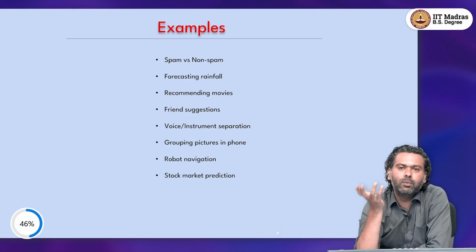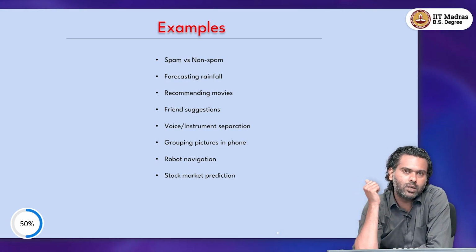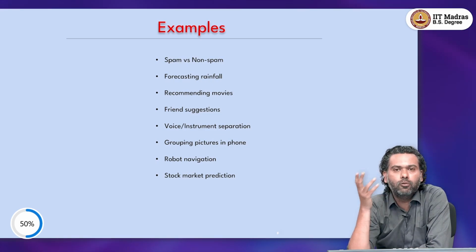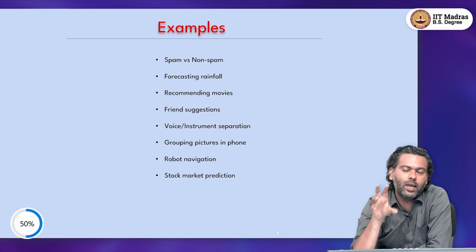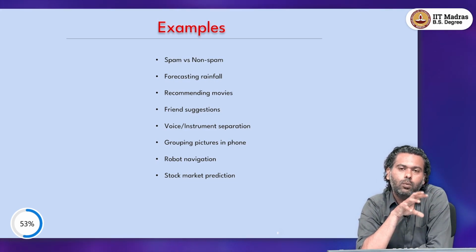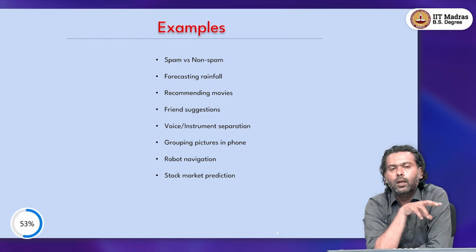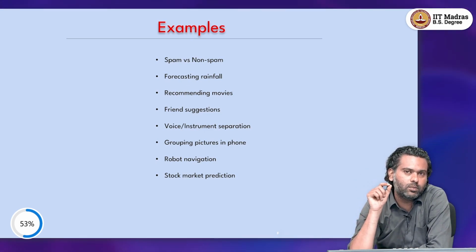Grouping pictures in your phone. Some of the phones that you might have, or your parents might have, have this feature that you can just click a lot of pictures of people on your phone, and then in your phone gallery or album, the phone might automatically tell you, hey, these are the pictures that you clicked which look like that of the same person. Do you want to give a name to this person? So now, how did your phone do this? What type of learning did your phone actually do such that this was possible? Was it supervised? Was it unsupervised? What was it?